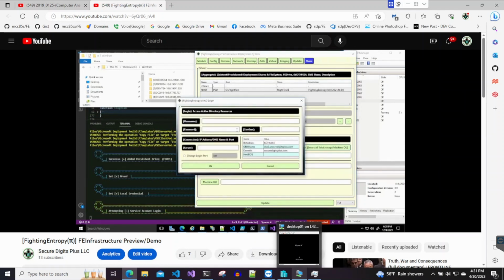But anyway, the tab right there is the MDT share tab, and to populate some of the information, I have this thing like Active Directory login, which pulls up this graphical user interface, which is sort of like the ADSI Edit tool. Anyway,